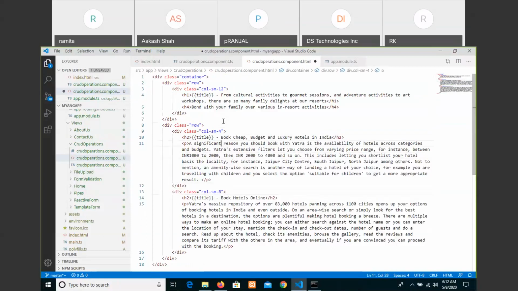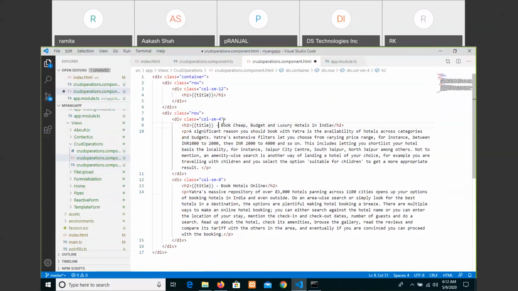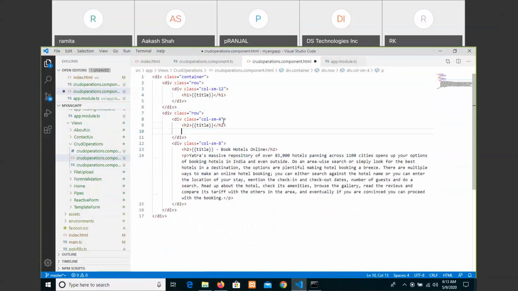In the first column, I want to make it okay. Here we want to design a table with